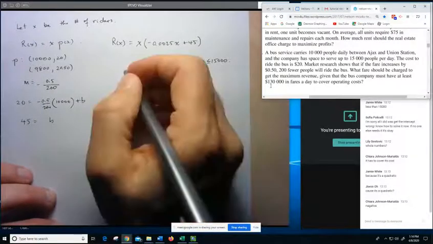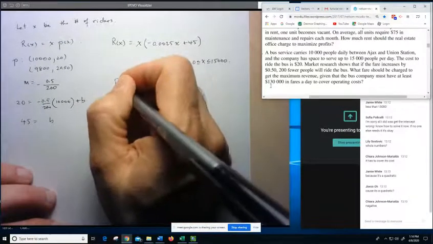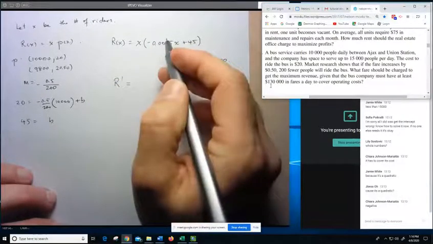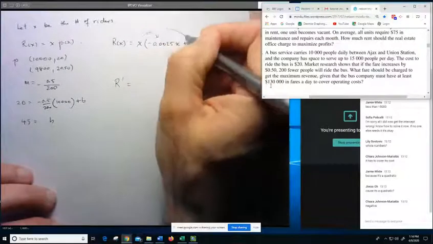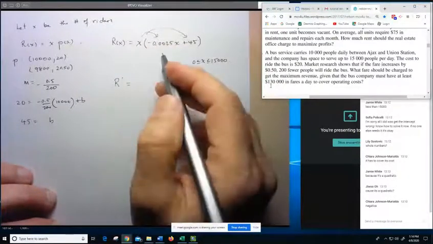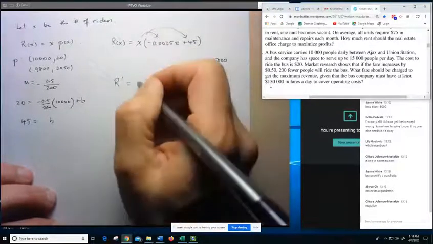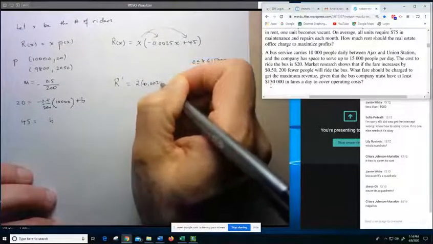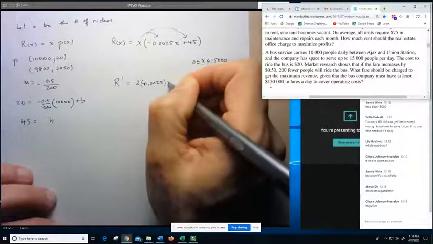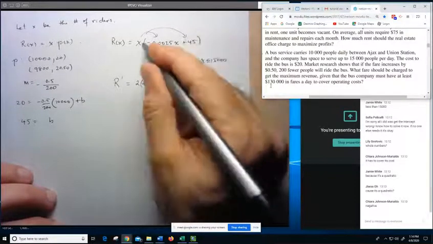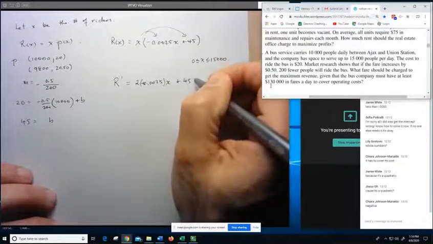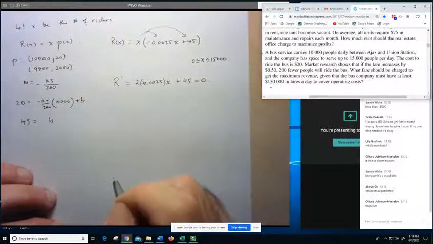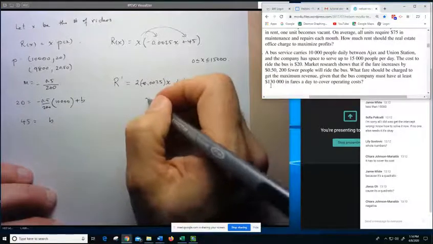All right, so let's take a look here. We've got our revenue, take the derivative. Okay, so I'll assume that I've put this out. So this is just going to be x squared. So it's going to be 2 times negative 0.0025x, okay, plus the derivative of 45x is just going to be 45. And I want to make that equal to 0. And so what do we have? We just have x is equal to